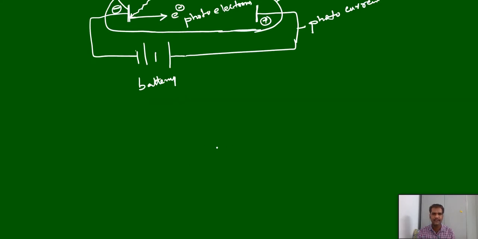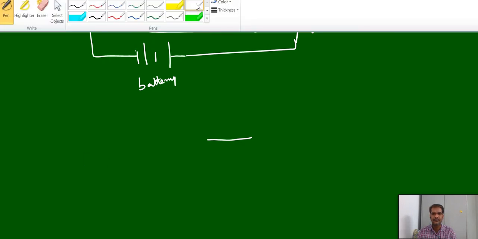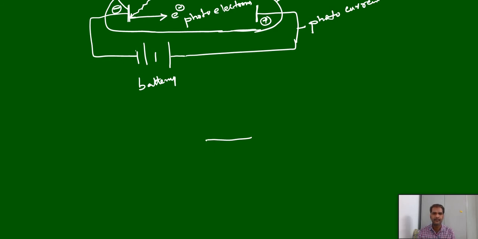Generally you can see here, let us take a metal surface. A metal surface is made up of a huge number of atoms, and atoms contain electrons. These electrons are tightly bound by the nucleus of that particular atom. So there are strong forces. We have the nucleus here and the electron. There is an electrostatic force of attraction between nucleus and electron.